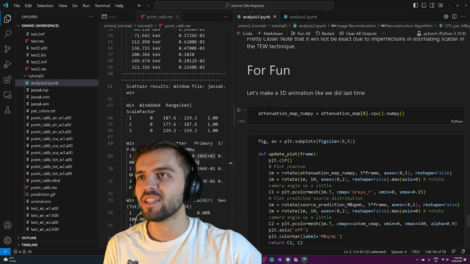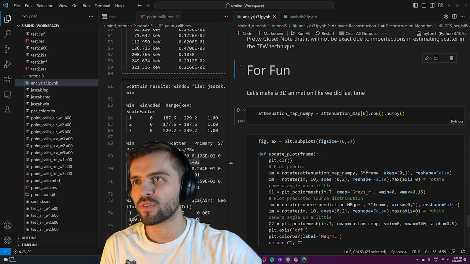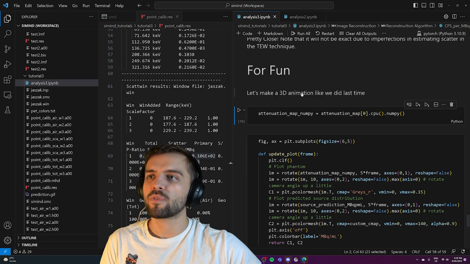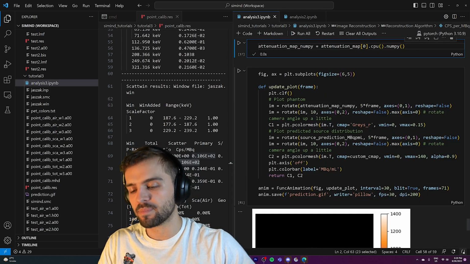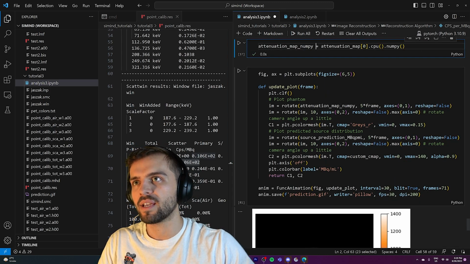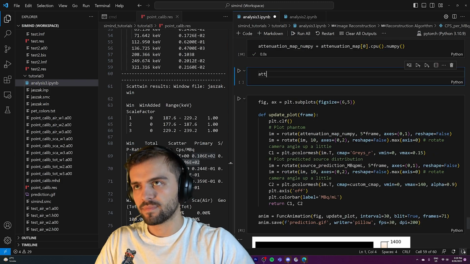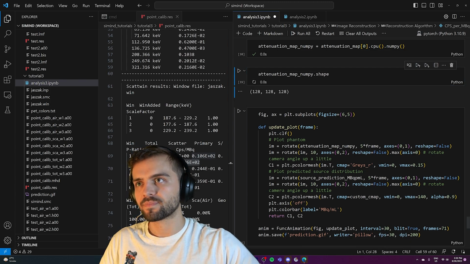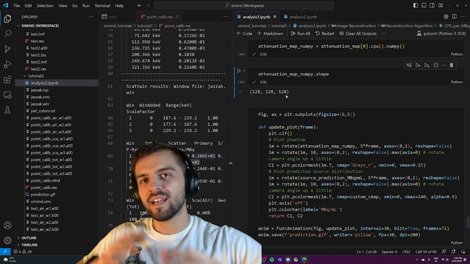Okay, so for fun, to end this video, I made a little code here for doing a 3D animation of our reconstructed object. So the first thing we'll do is convert our attenuation map to NumPy as well. So the attenuation map is attenuation map NumPy.shape. It's 128 by 128 by 128, the same as the reconstructed